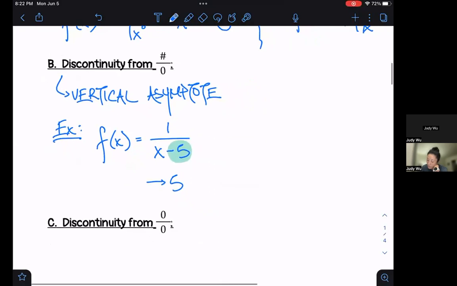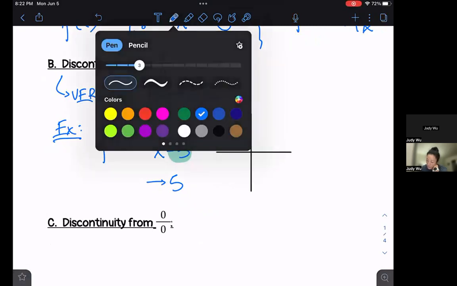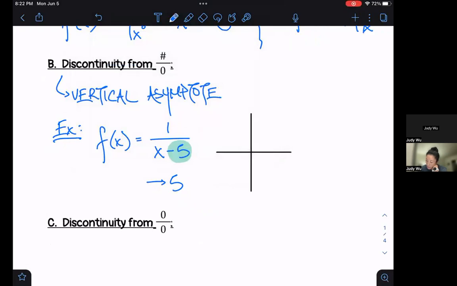And if we were to sketch a picture of this function, we would end up with, I think I used green, a vertical asymptote at x equals 5. Our horizontal asymptote would stay the same at y equals 0. And then our graph would be here